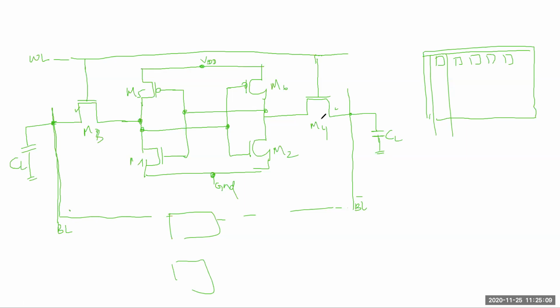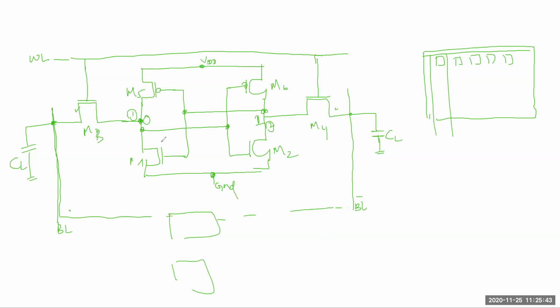Okay, getting this point, how these capacitors are coming, because lots of transistors are connected in this line. From every transistor you will get some intrinsic capacitances. So that capacitance will add, and finally you will get a huge capacitor, that is CL. Okay, so I think this is clear. So now here, this is point 1 and this is 2. Suppose this is 0, the 0 value stored, and this is 1.